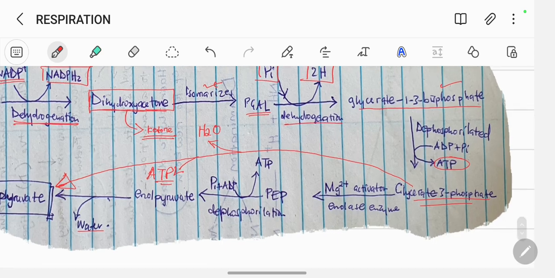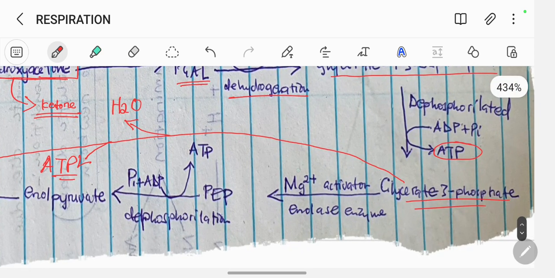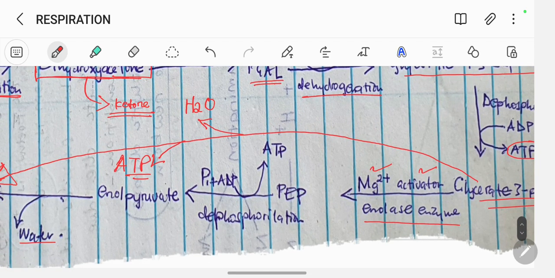But now for this point here, we have a detailed structure where we have a magnesium ion activator and an enolase enzyme there. So the magnesium ion activator and the enolase enzyme are going to convert glycerate 3-phosphate to